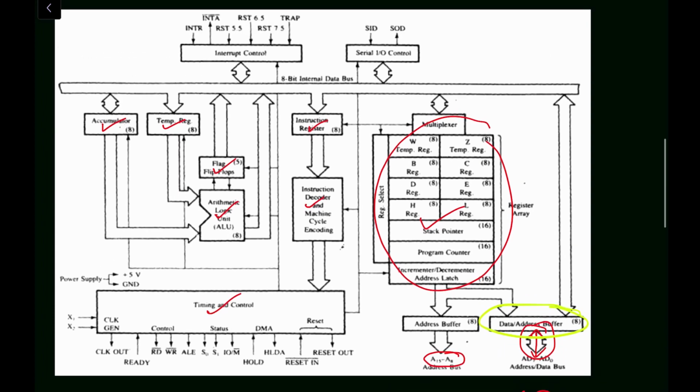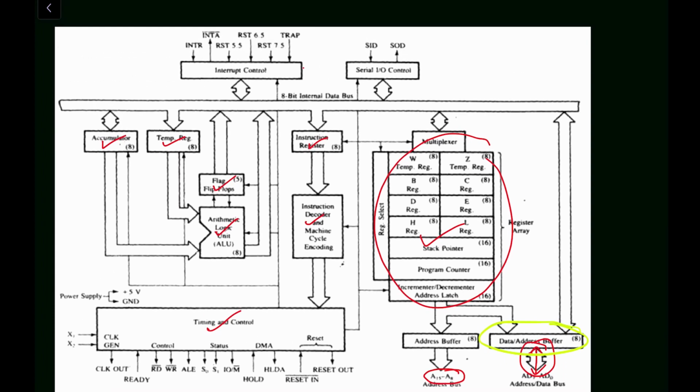Now we are remaining with the interrupt control. Interrupt control is one of the most important parts, and I will explain it in another video. You have to understand that suppose you are playing a video on YouTube or Netflix, and you get a phone call. Then the video will be paused and the call will have the preference. That means the video playback is interrupted by the interrupt control unit, which controls the operation of the processor and gives preference. Whenever we have two or three interrupts, then based on the interrupt priority, it will give preference to the interrupt that is going to be handled.